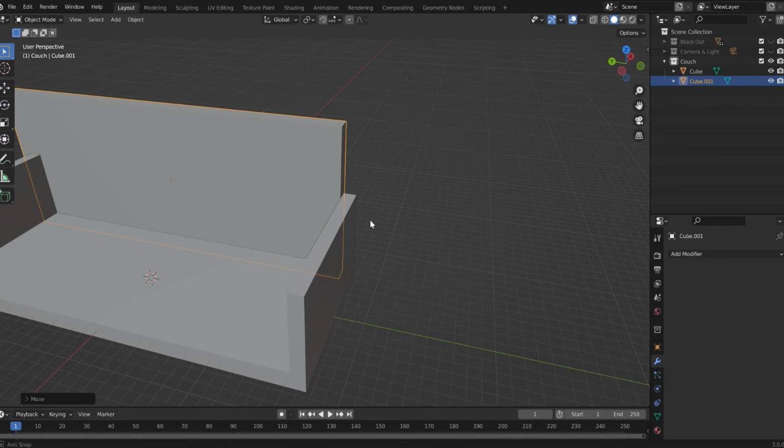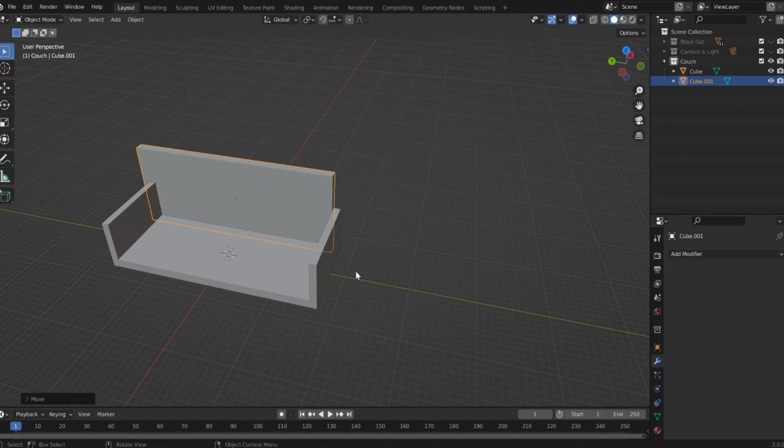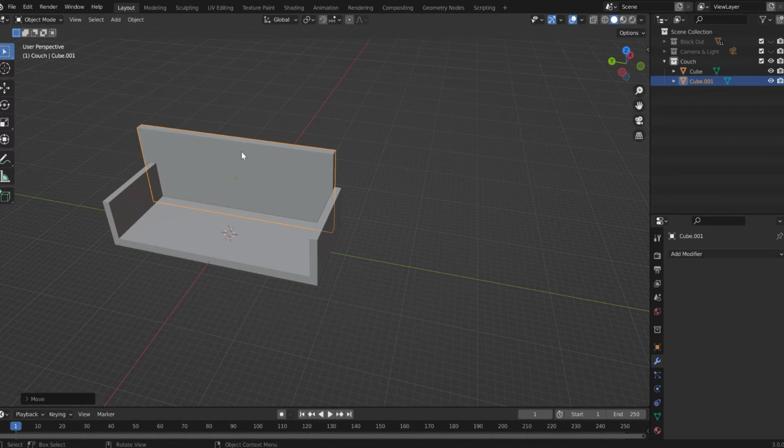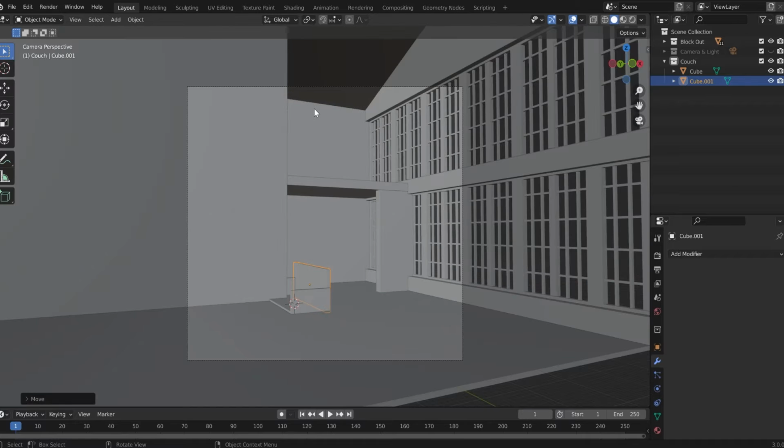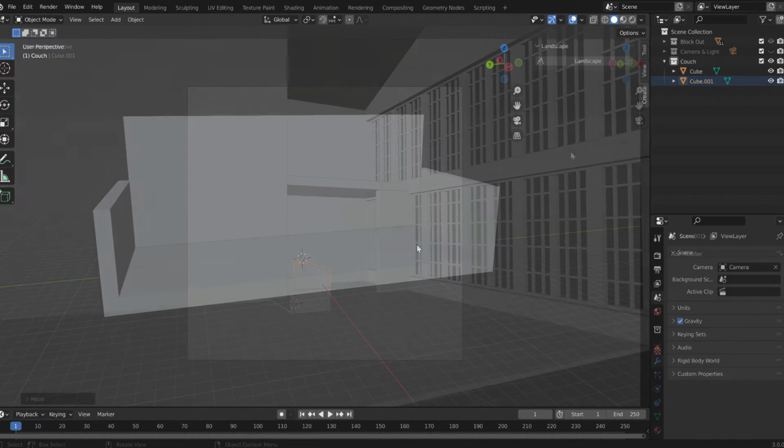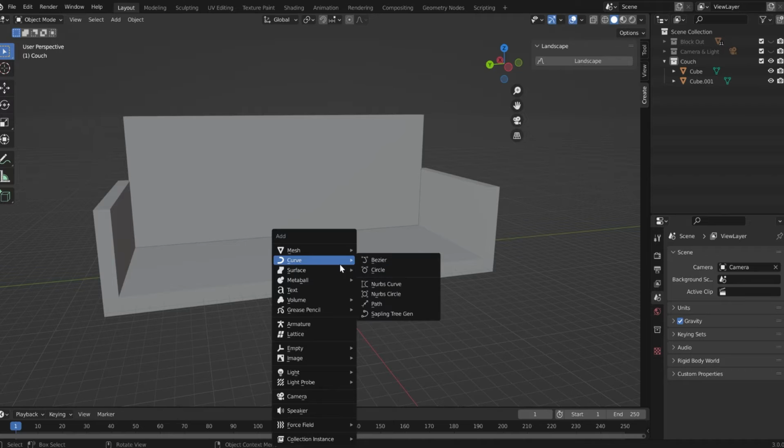It's okay, we will never see the back. Actually, we will barely see all this section because it's going to be hidden on that wall, and from the camera point of view, this couch is going to be over here. Alright, so now press Shift A,